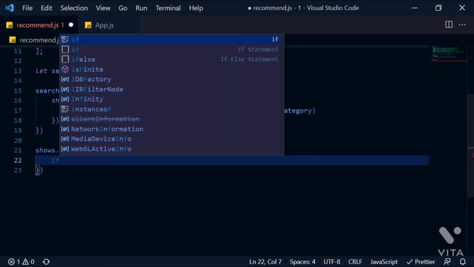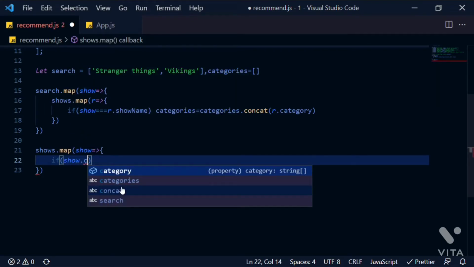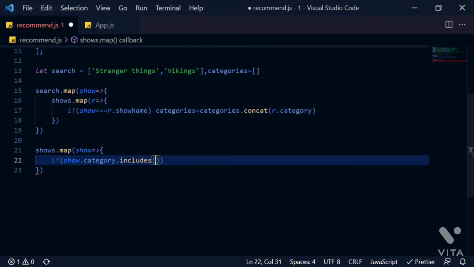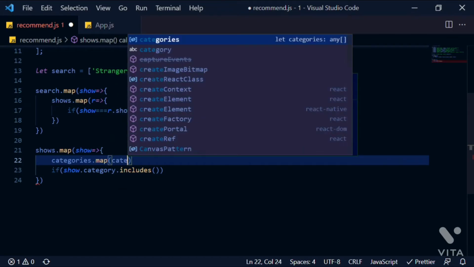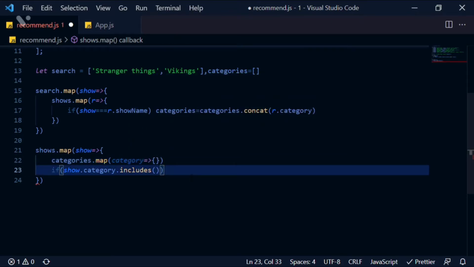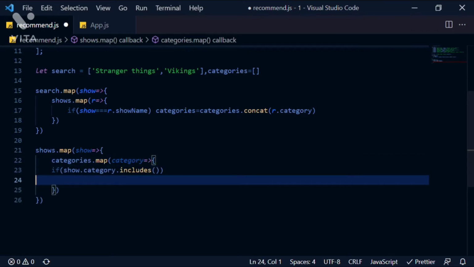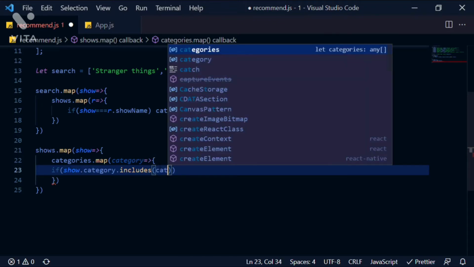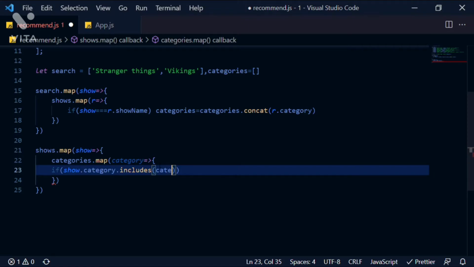If show.category.includes, before doing this we need to map over our categories, categories.map, get each category and paste it in here. If show.category includes this category, or not categories but a category, then what we are going to do is